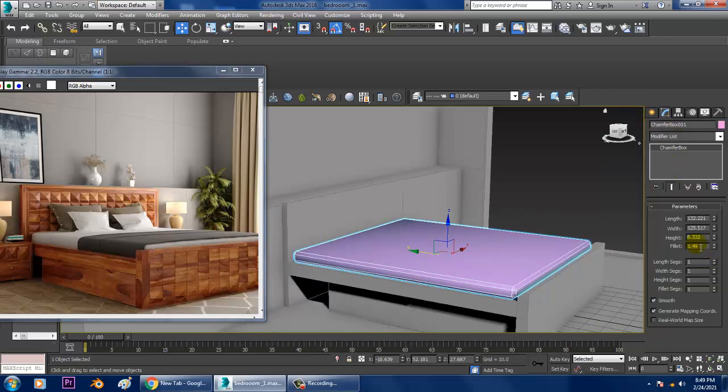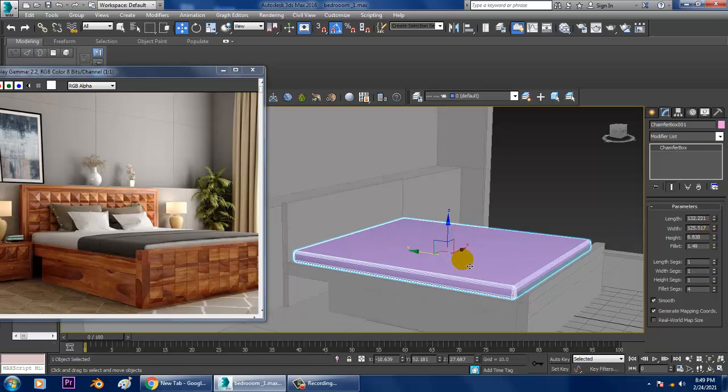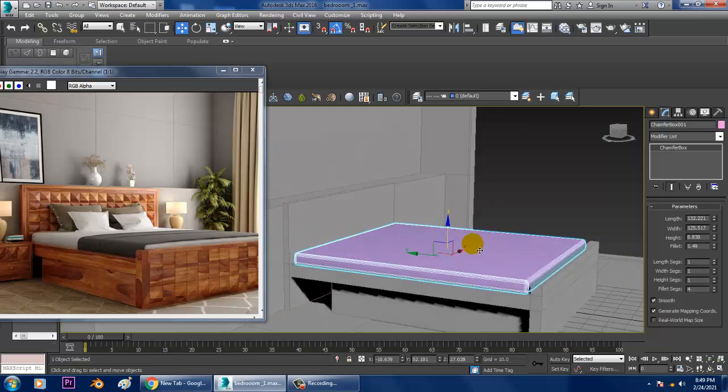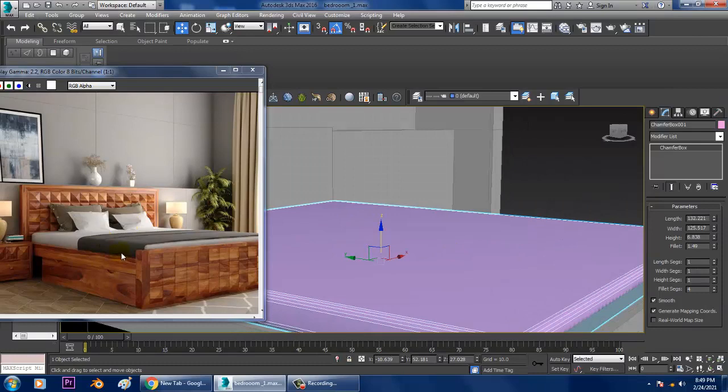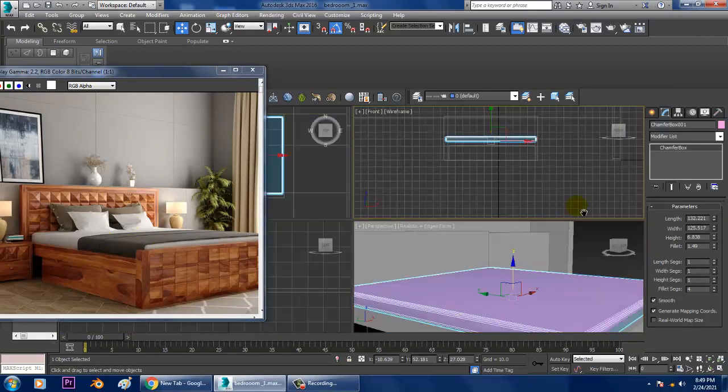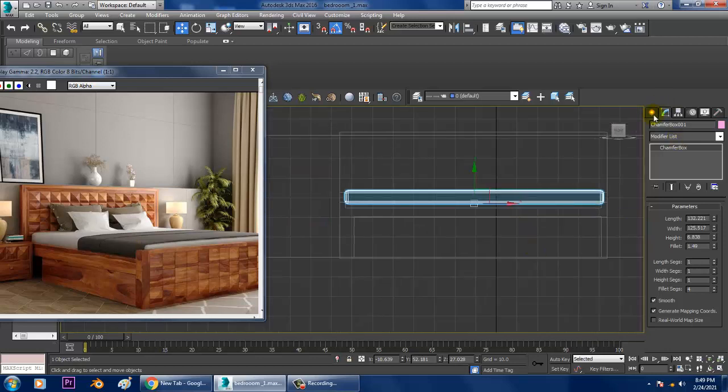So what I can do over here is use a bit of fillet segments and increase its height. That's it. So you can slightly increase its height if you want. Okay, for this we are not going to use a cloth over here.